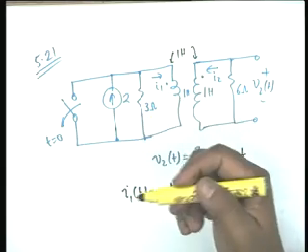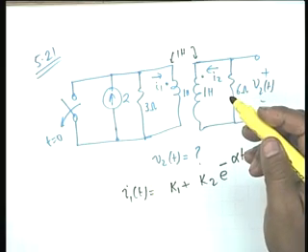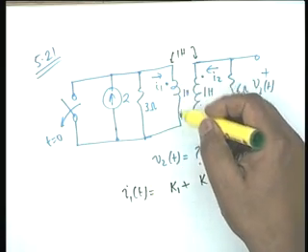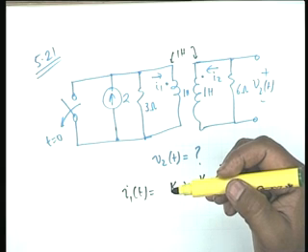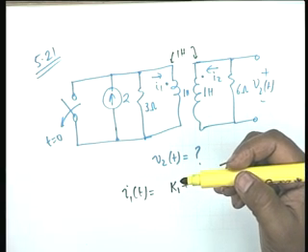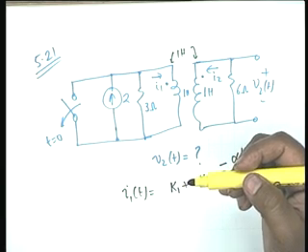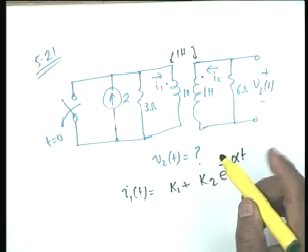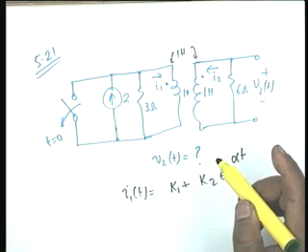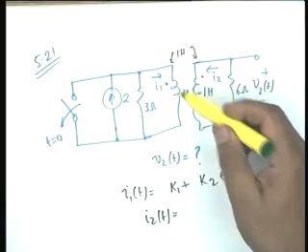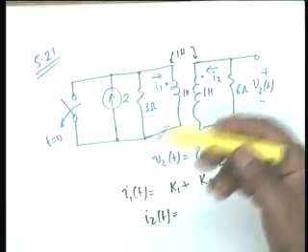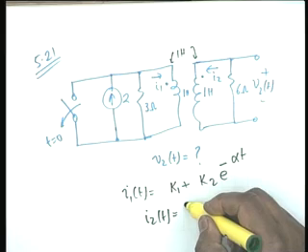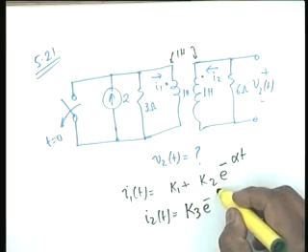Because at infinity there would be a current. At infinity, what will be the current through the 1 Henry? 2 ampere, right. Therefore k1 is 2, and k2 you have to find out from I1 of 0 plus, since I1 at 0 minus is 0, okay. And I2(t), obviously at infinity when the flux has stabilized, there is no change of flux, the current I2 shall be equal to 0, and therefore it would be simply of the form k3 e to the minus alpha t.